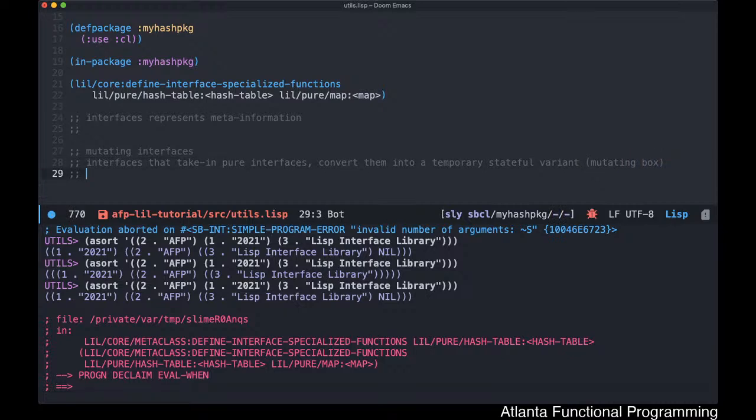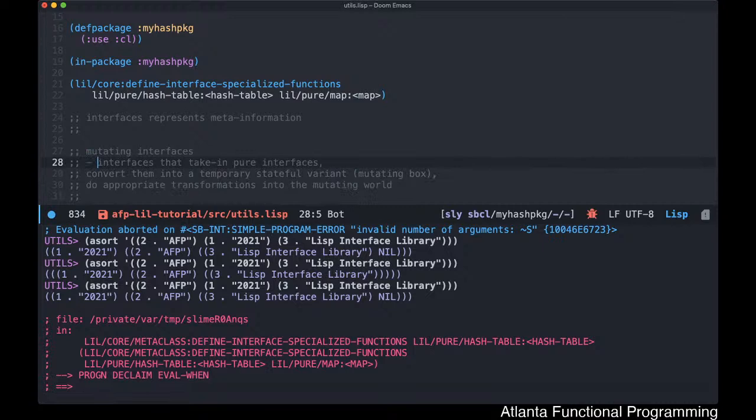And then we do the appropriate transformations in the mutating world, and then upon return, we then